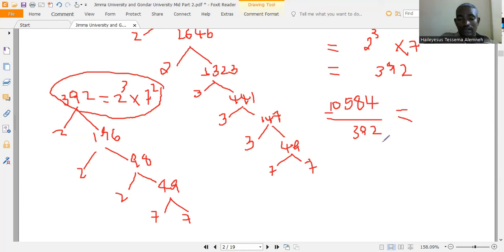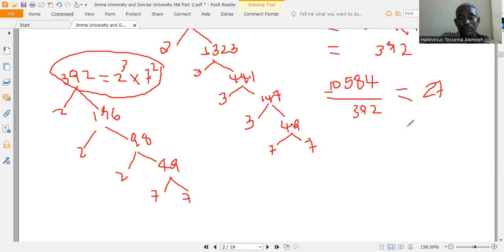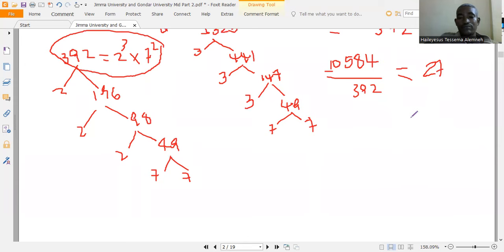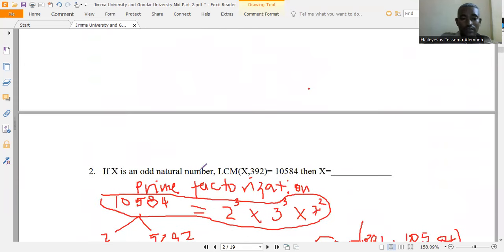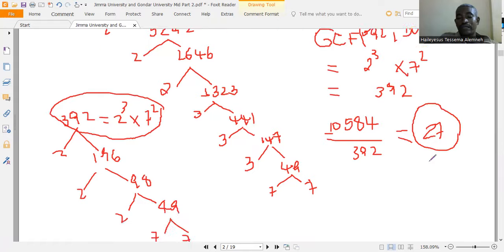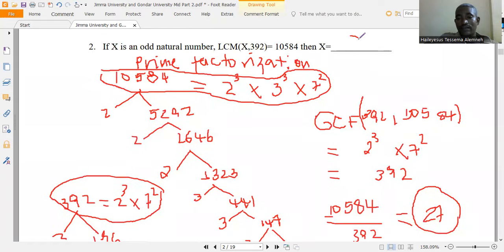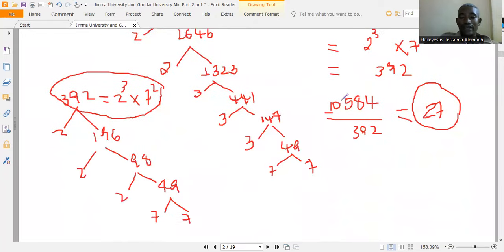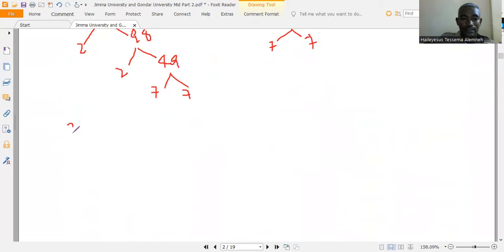10584 ለ92 እናካፍለው። ስታካፍሉት 27 እናገኛለን። እንደምታዩት ምንድነው ፈልጉ የተባለው? an odd number. Clearly x is 27, 27 is an odd number አይደል? ስለዚህ ሌላኛው ቁጥር 27 ነበር ማለት ነው። ይሄንን ሪቼክ ማድረግ እንችላለን፣ መልሰን GCF LCM ማቸውን ፈልገን ማለት ነው።